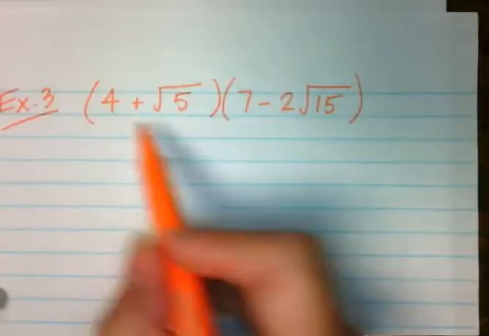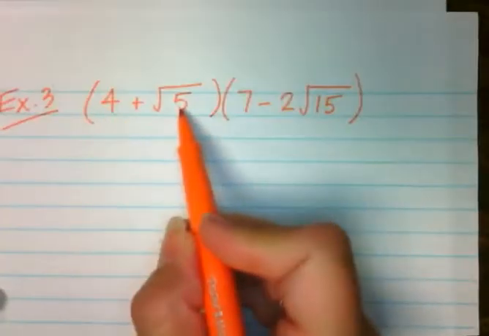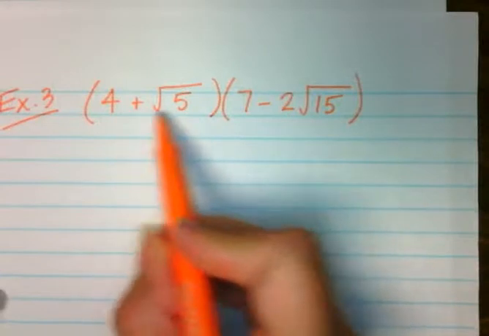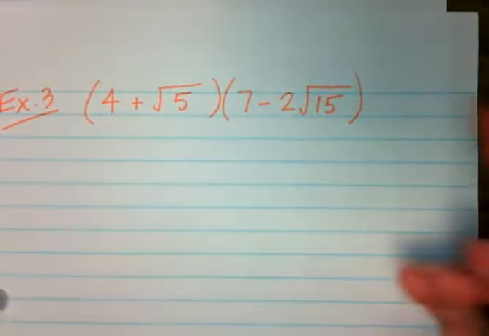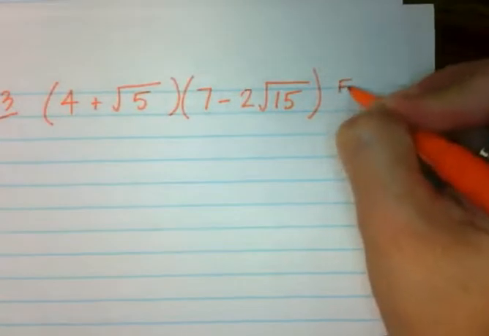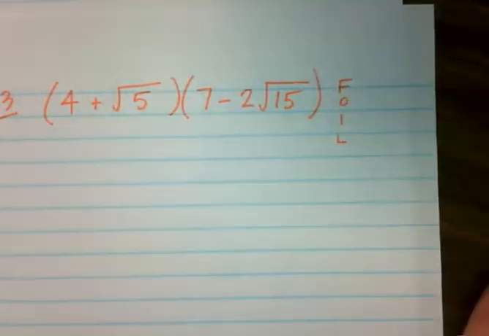Okay, so we're multiplying one expression that has 2 terms here with another expression that has 2 terms. So we're really doing a binomial times a binomial, and that's where the FOIL comes in that we learned last